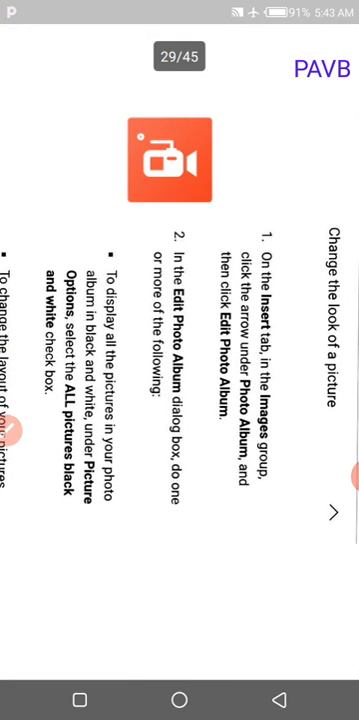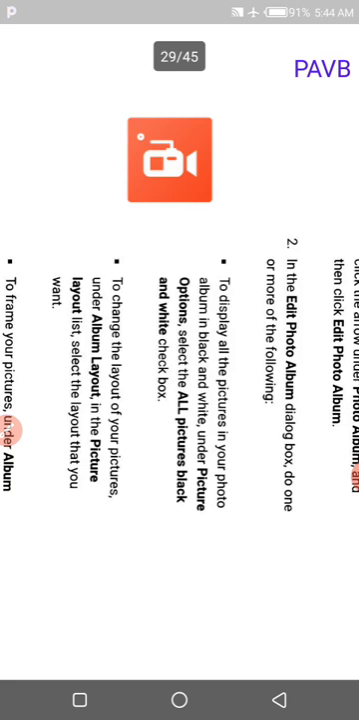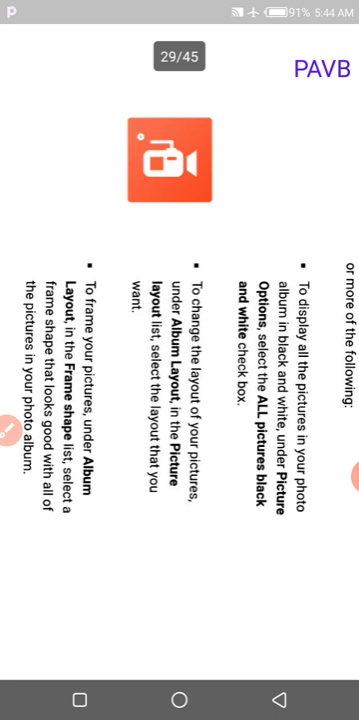How to change the look of pictures in PowerPoint? The following steps are to be followed. Step 1. Under the Insert tab, in the Images group, click the arrow under Photo Album and then click Edit Photo Album. In the Edit Photo Album dialog box, do one or more of the following. To display all the pictures in your photo album in black and white, under Picture Options, select the ALL pictures black and white